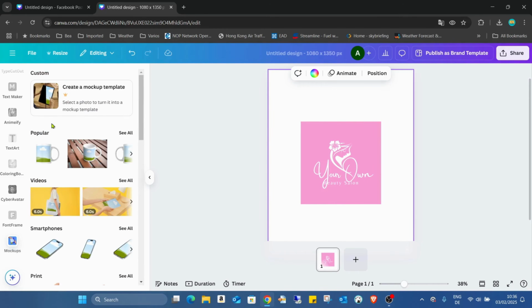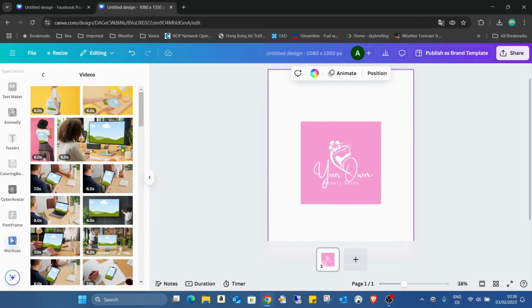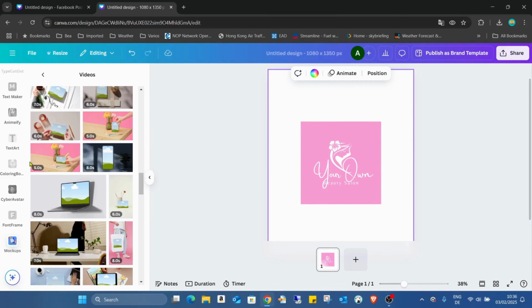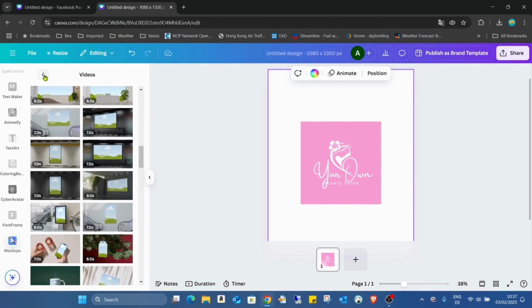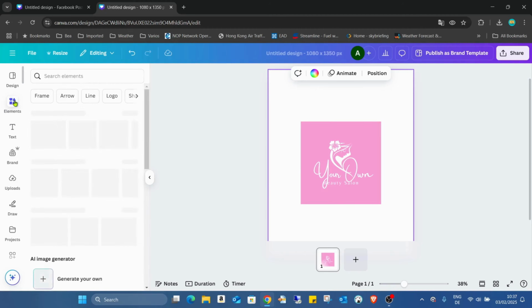But at the top, below the popular mockups, there is a video mockups section. If you click on see all, we can already choose between lots of different mockups. But I would like to show you the other way how you can reach it, and this one might